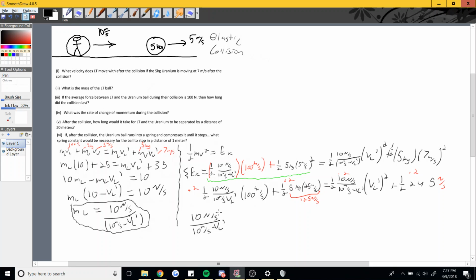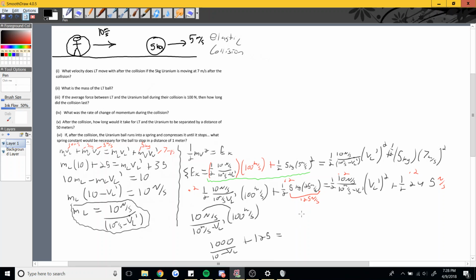Yeah. And so we are just going to keep carrying on. Times that 100. Once you simplify these, you are going to get 1,000 over 10 minus VL. We're going to drop the units for now, just make it look a little bit nicer. Plus, we already multiplied everything by 2, so we're just going to get 125